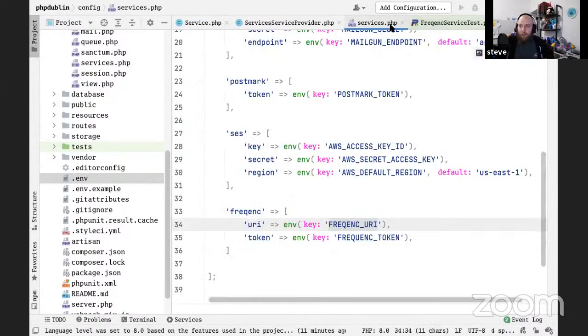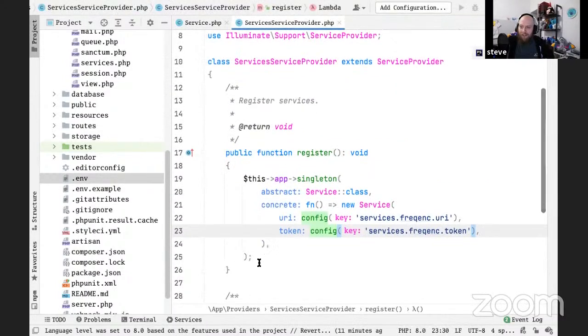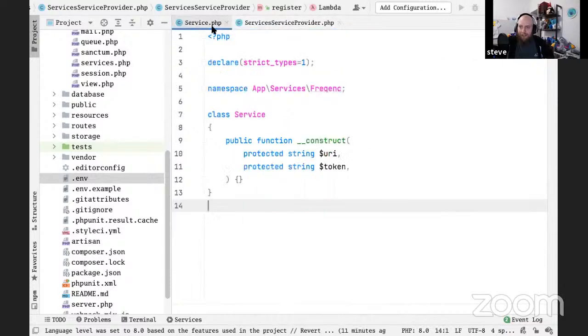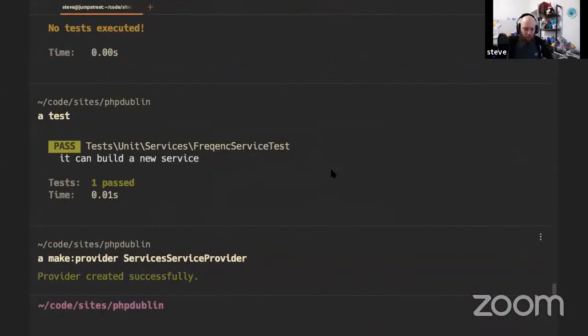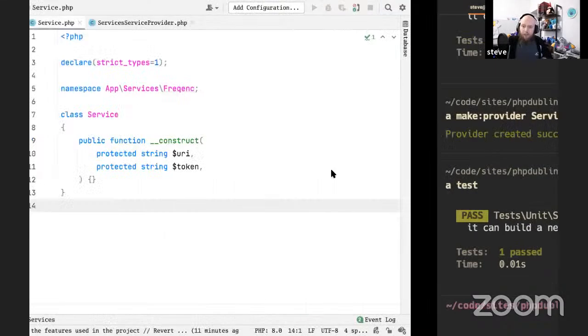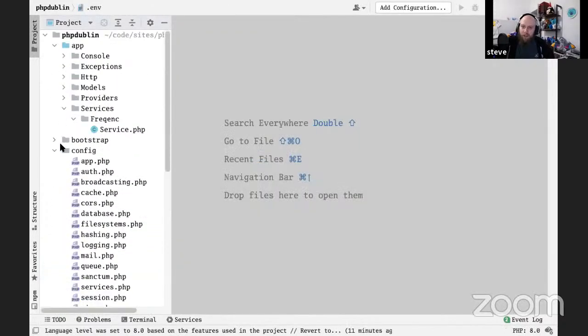It's passed through our services, which is passed to a service provider, which means that we can now create one really easily, and our service will accept that. So are our tests working? Our tests are working. So next step is